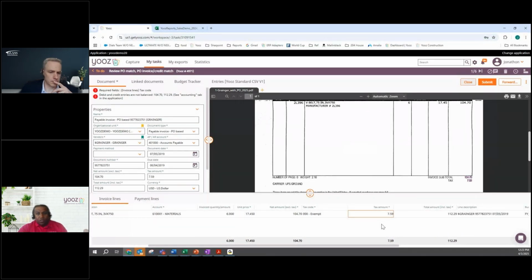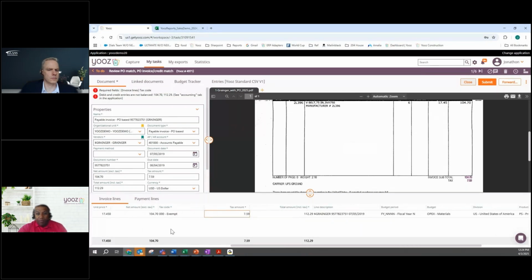So the great thing about Yooz and all the integrations we have with over 250 ERPs is that your information from your ERP will be in the back of Yooz. So your vendors, your GLs, your cost dimensions, all that fun stuff is in the back. So you can always make an adjustment in any of these dimension lines at any time. And like I mentioned earlier about budgets, here's a budget that we have over here. So if you go with Yooz budgets, you can see our budget period. You can really create whatever type of budget period you would like, along with those different types of budgets. And so we can see different types of budgets, materials, cost of goods, marketing, sales, services, etc. And then here at the top, we have a budget tracker.